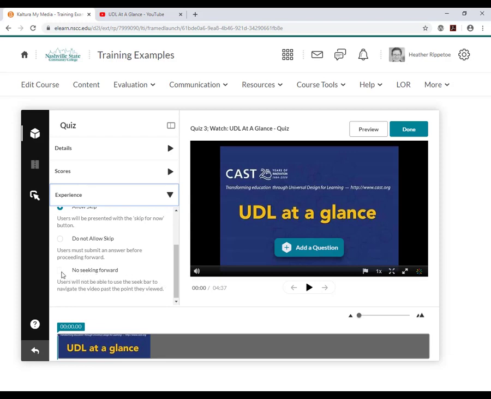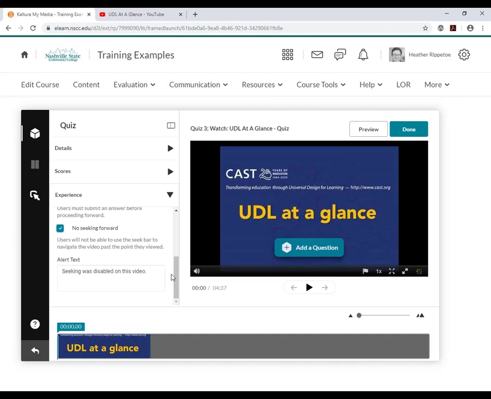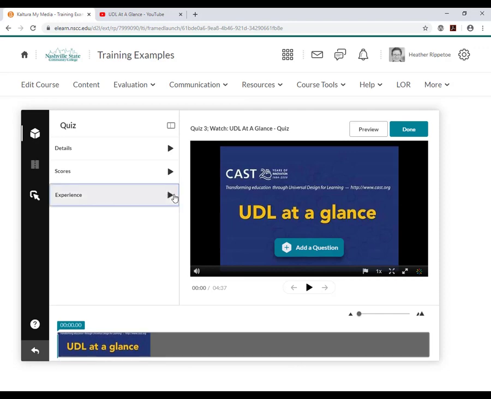And you can select this if you want students to not be able to move forward. If there's no seeking forward, then it'll say seeking was disabled on this video. All right. So those are the 3 action arrows, and now I'm sure you're asking, well, how do you add